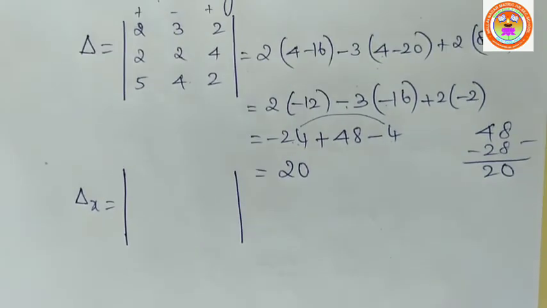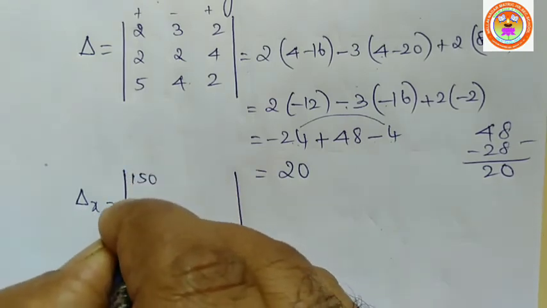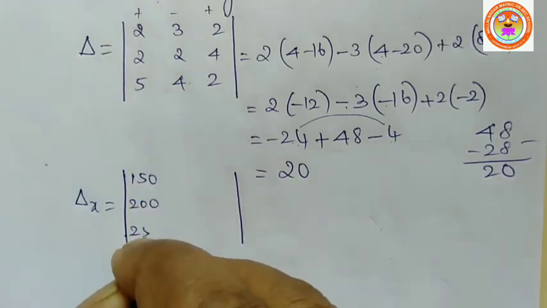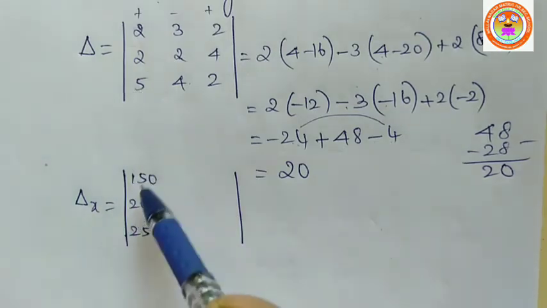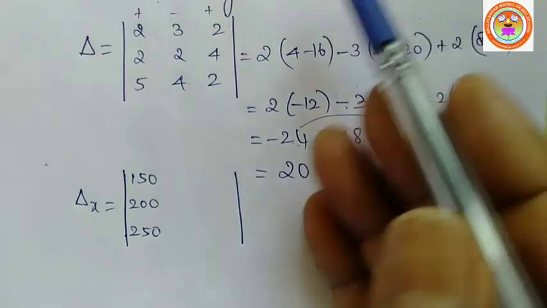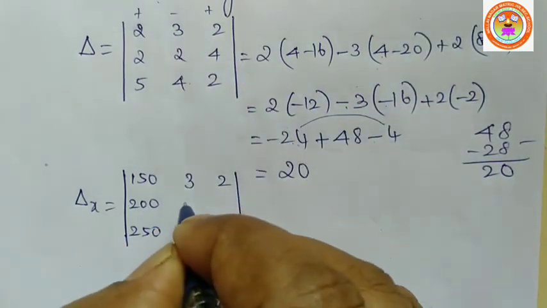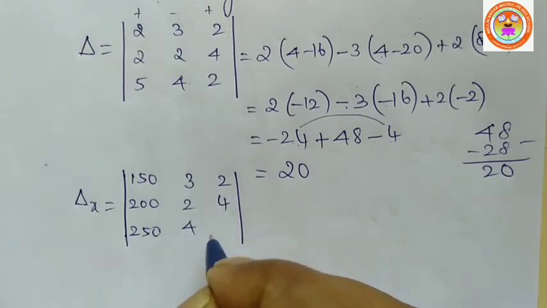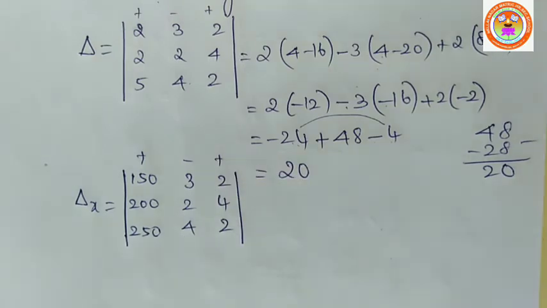So delta x is 150, 200, 250. Then the remaining elements remain the same. So 3, 2, 2, 4, 4, 2. Plus, minus, plus, when we are expanding this determinant,